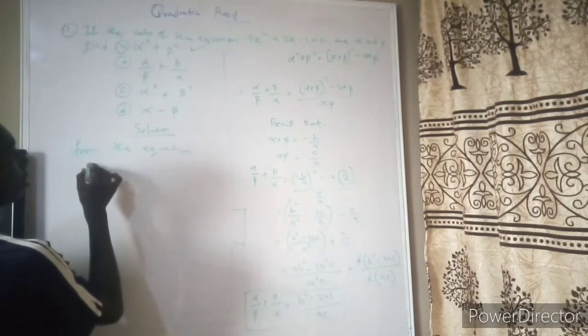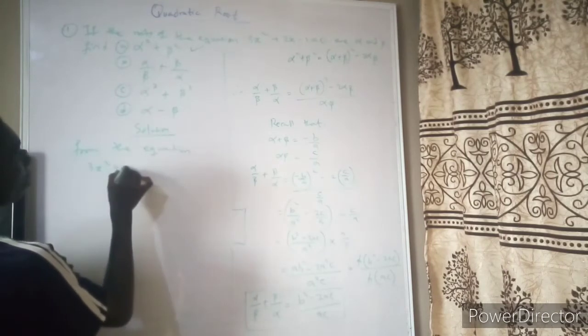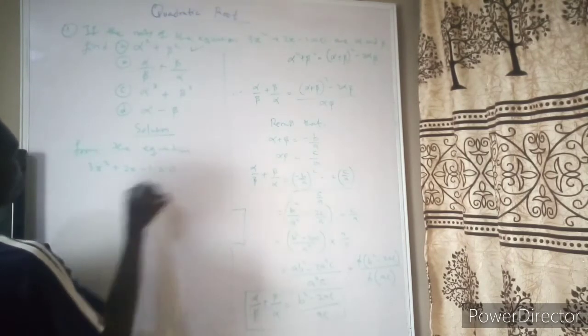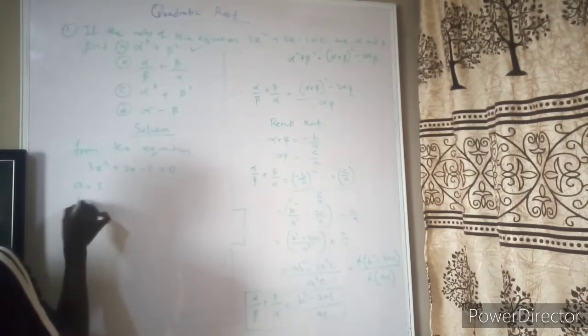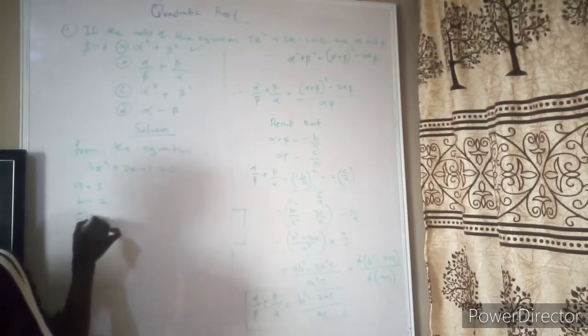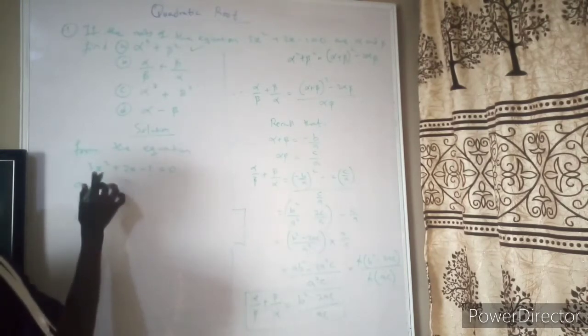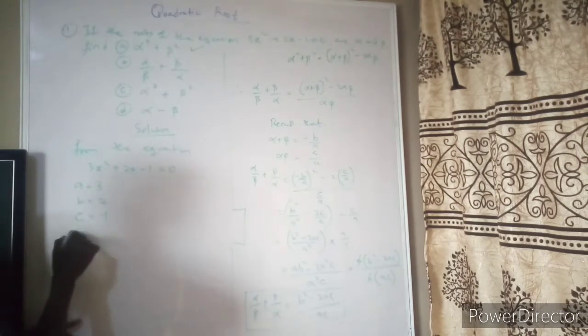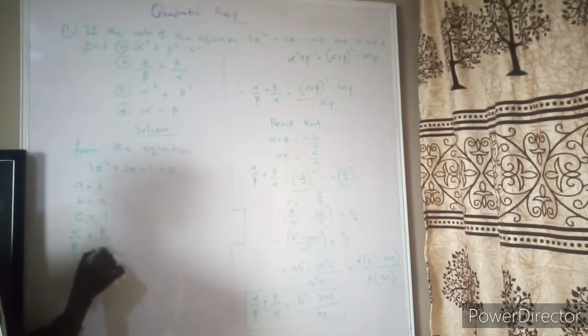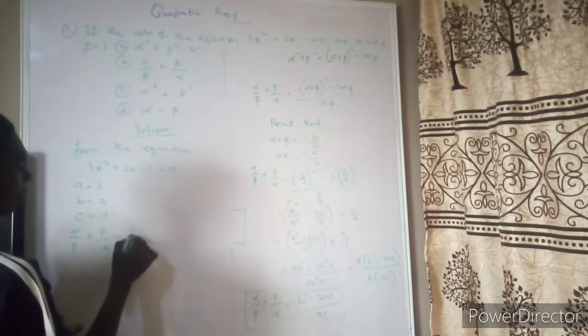From the equation 3x squared plus 2x minus 1 equals 0, a is equal to 3, b equals 2, and c is equal to minus 1, right? I will just say alpha over beta plus beta over alpha is equal to b squared, which is 2 squared,